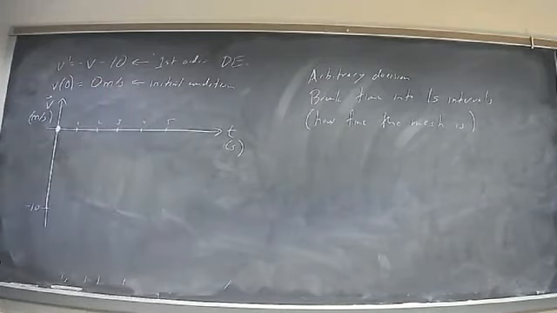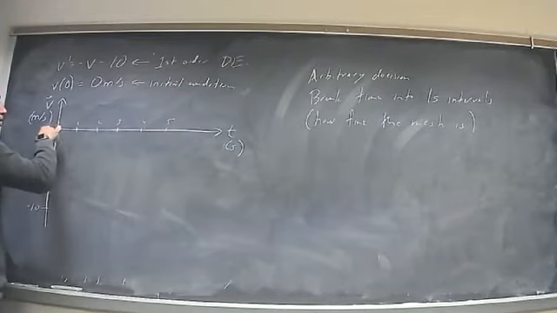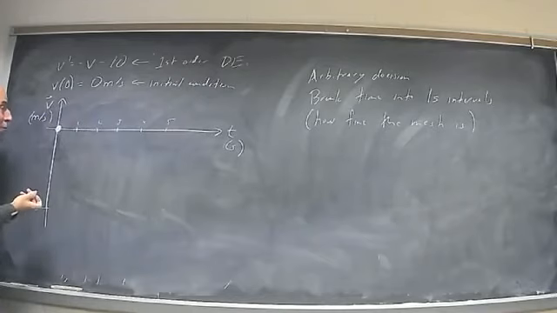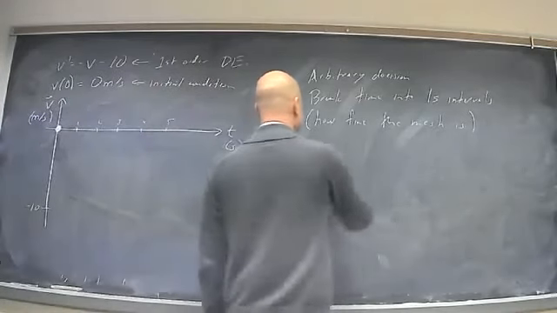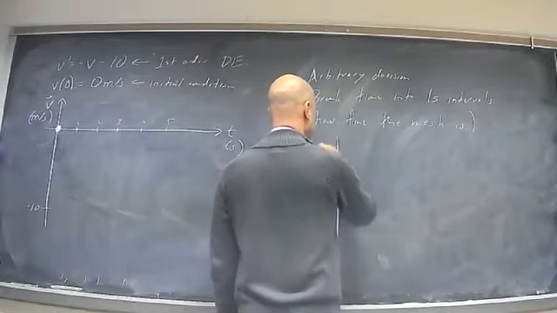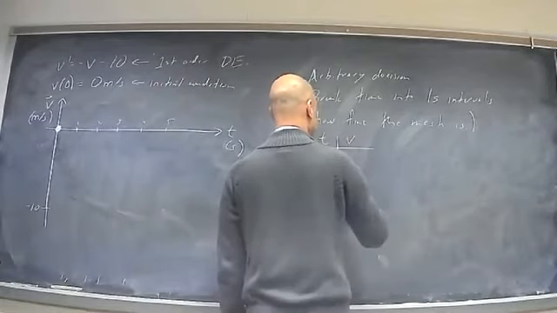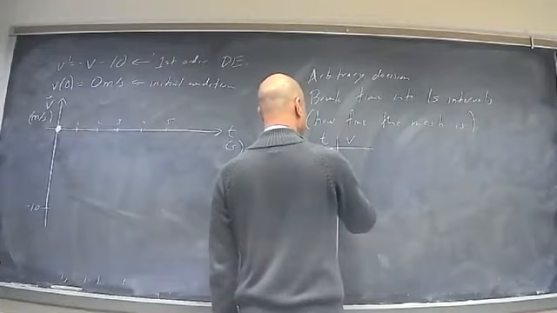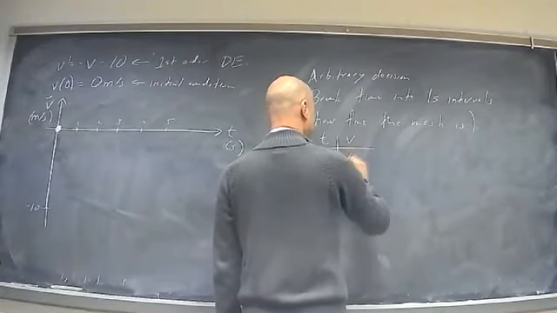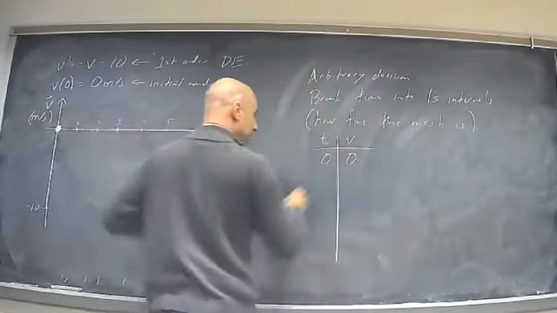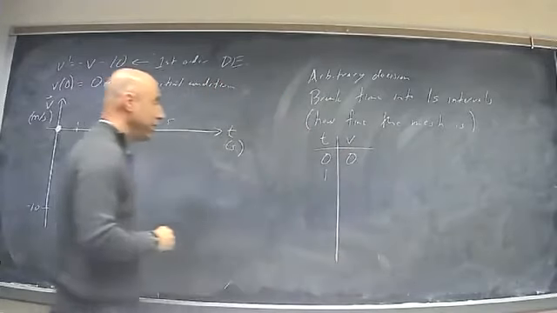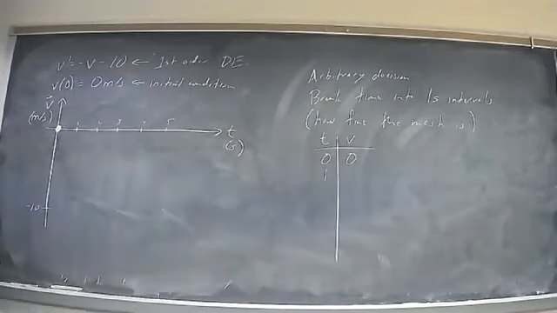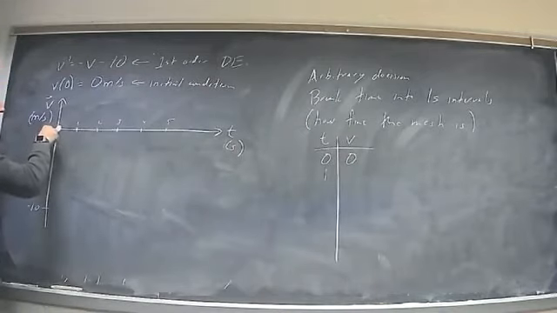Instead, let's just do this 1 second at a time. I know we start at this point, at the point t equals 0, v equals 0. Where am I after 1 second, approximately? So I start off at t equals 0, I'm at v equals 0. That's my initial condition. Let's see where I am 1 second later. Well, at t equals 0, what is